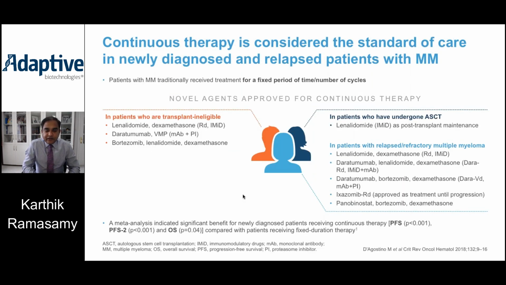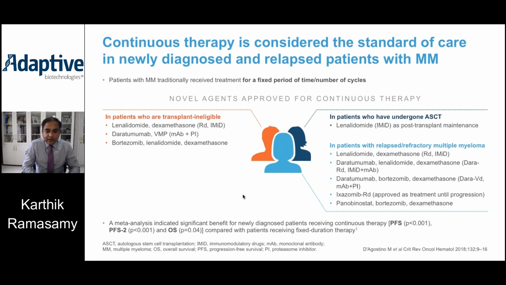The other significant change that has happened in myeloma care is we moved from fixed duration therapy to continuous therapy, both in newly diagnosed setting and in relapsed myeloma. On your left-hand side of the slide, you can see that in transplant ineligible patients, which is where initially we had the lenalidomide dexamethasone combination, which came through after the first study. Now we have through the Alcyone study, the DARA VMP combination, which is given continuously for transplant ineligible patients, and